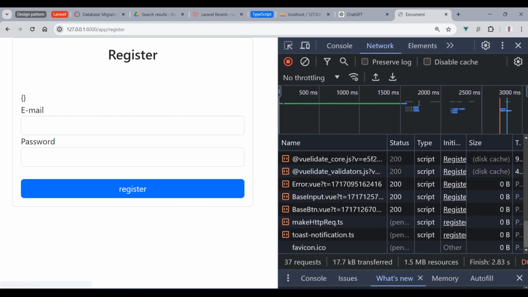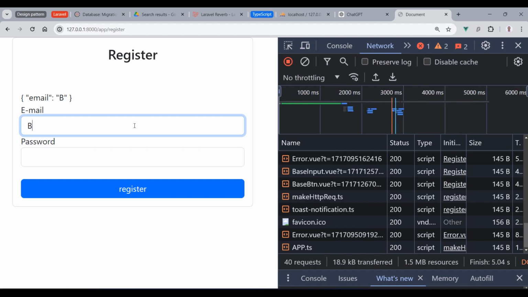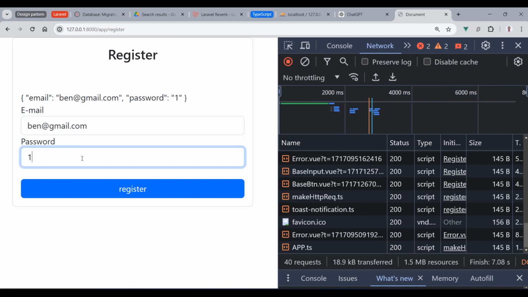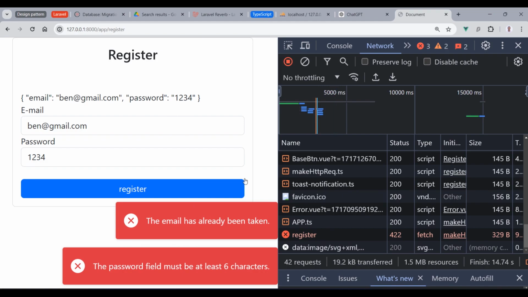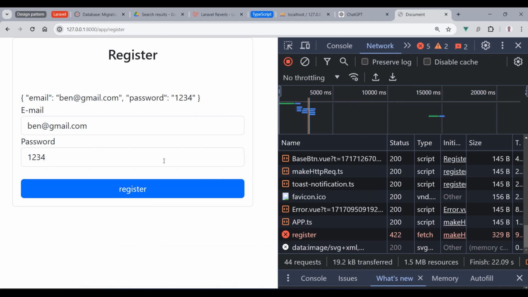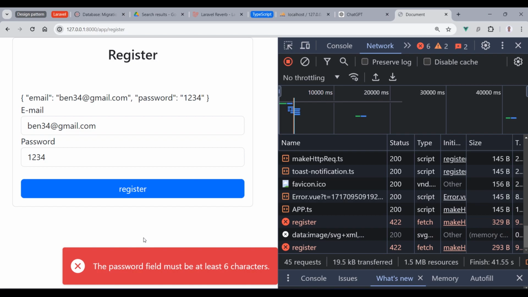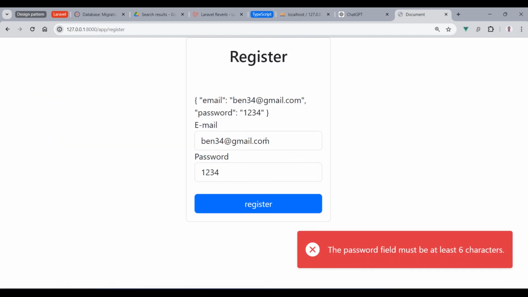I'm gonna refresh again and try to create the same user. I'm gonna pass here ben at gmail.com and the password 1234 and click again, and then boom, we are getting the message. Now here we are going to pass Ben with a different email, Ben2434, and the password 1234. We're gonna try to create a user, 6 characters at least, and here I'm gonna pass